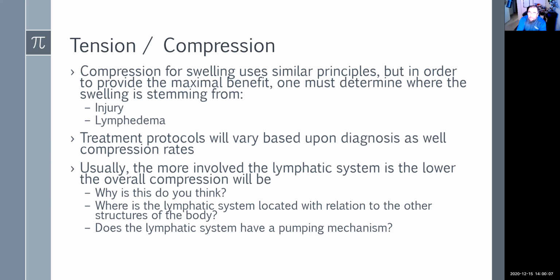I didn't have a pumping mechanism helping me work some of that fluid out. Plus, my legs were in a dependent position. They were kind of hanging down, right? So all the fluid just kind of collected there via gravity. So how do you help that? Get up and move, right? So I went down and ran on the treadmill a little bit, and that kind of helped it get back to a normal size, right? It was a little uncomfortable too, because when your feet are swollen, they don't feel the best.